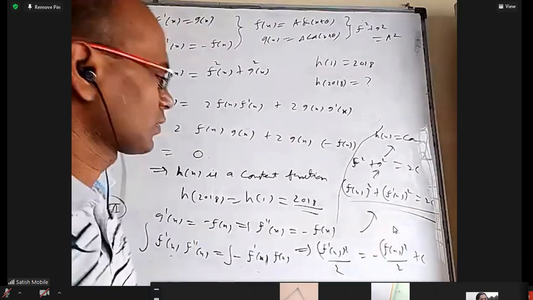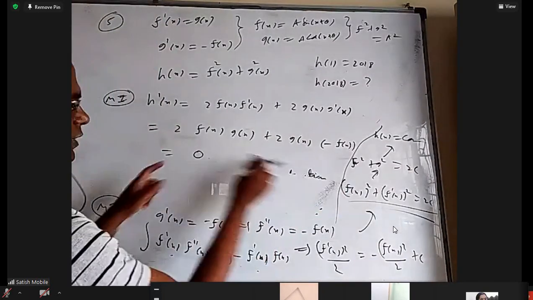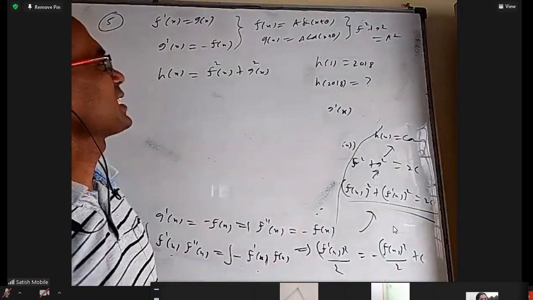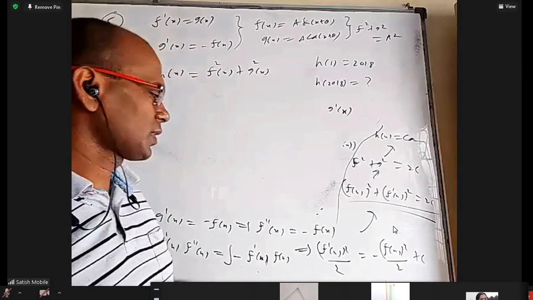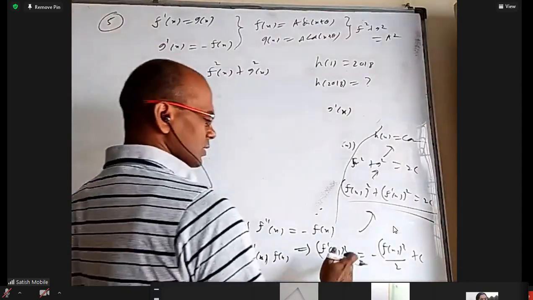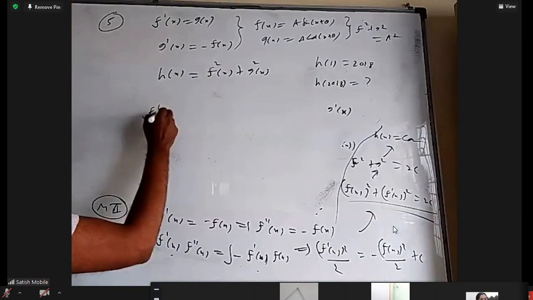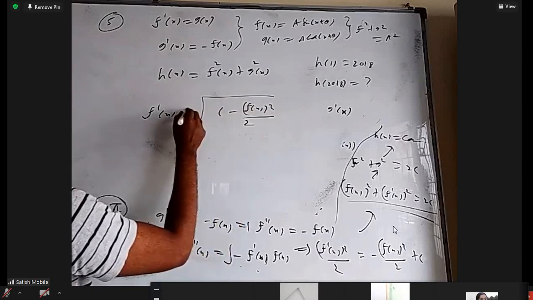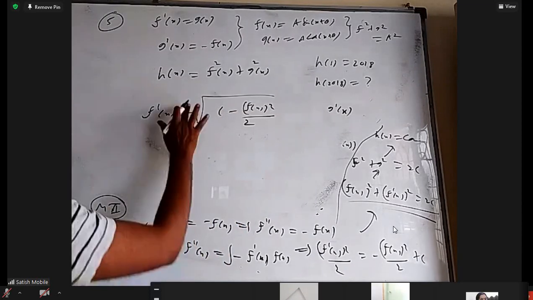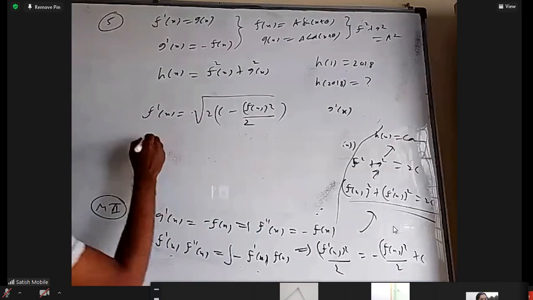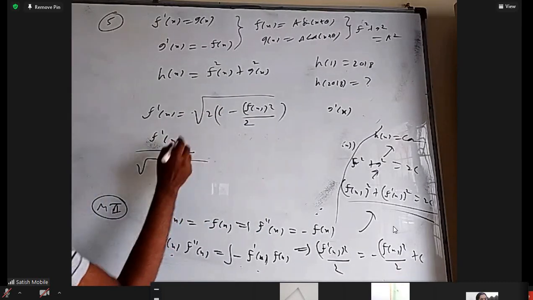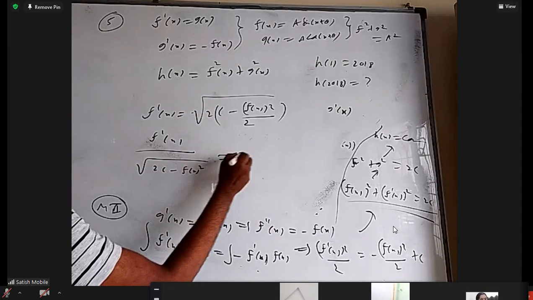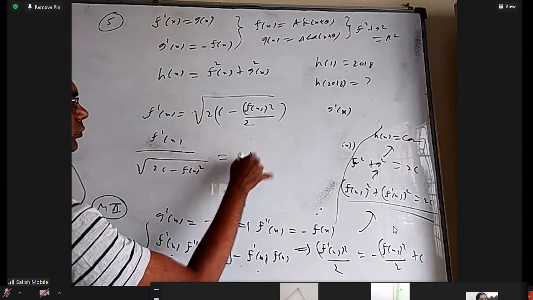What we got here is a differential equation. We try to solve that, we will get it. The first method I did is easy. It's very simple. Second method is this. Third method, we can guess f and g are a sine and a cos. Apart from guessing, we can prove it here. How? Send the square root to that side, from this we'll get f dash x is equal to square root of c minus f of x whole square by 2, with a root 2. The 2 is inside. Okay. So f dash x by square root of 2c minus f of x whole square is equal to some constant, equal to 1.